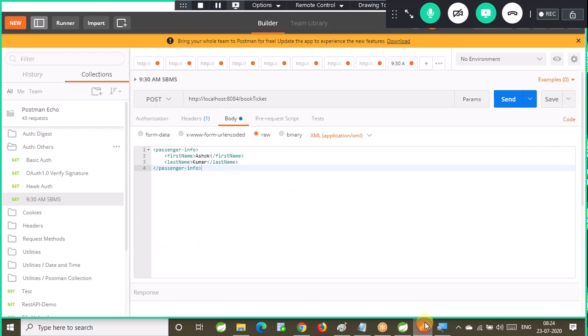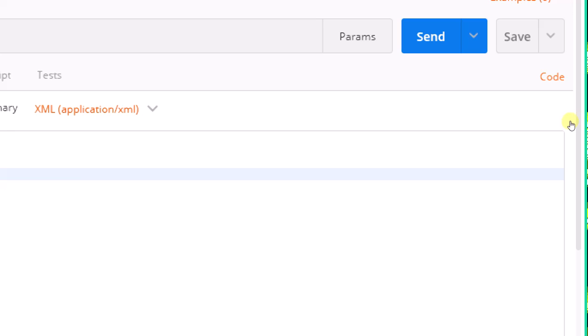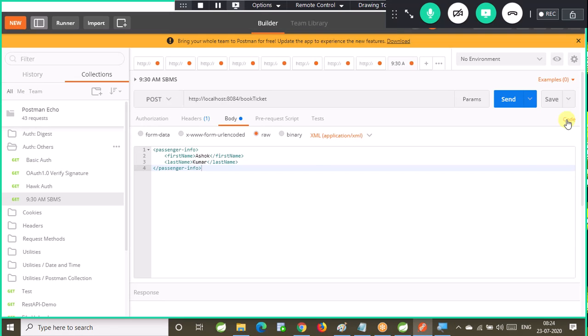Now go to Postman. If you observe here, there will be one option called code. Guys, observe here. There is one option called code. Can you see this option, all of you? My mouse cursor is pointing here. The code symbol is available. Right? That is a hyperlink. Can you see that option? Code option.